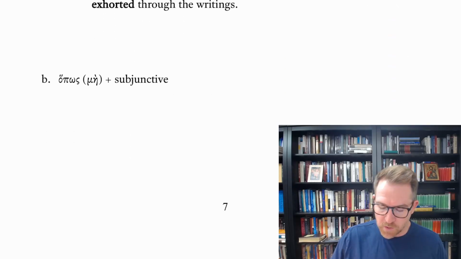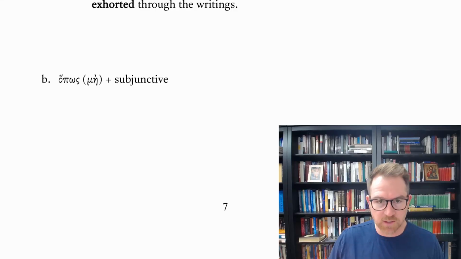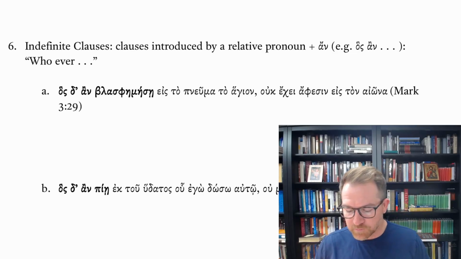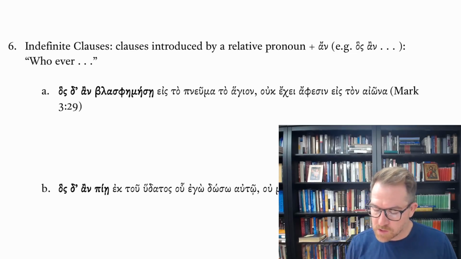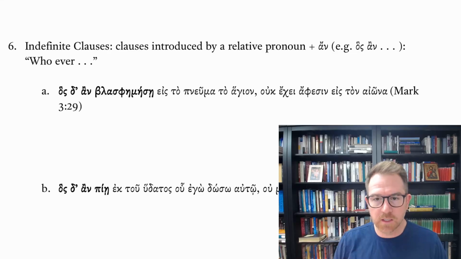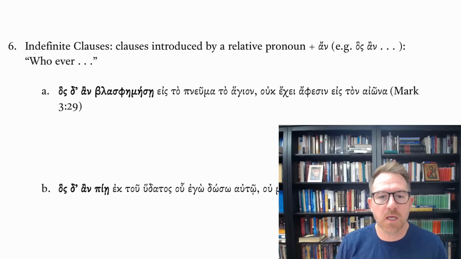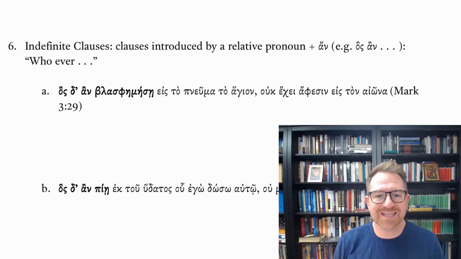The hopos plus subjunctive, hopos mē, is the purpose subjunctive, so this can be "in order that." Indefinite clauses are clauses introduced by a relative pronoun, so hos an plus the subjunctive, "whoever." So Mark 3:29, hos d' an blasphēmēsē